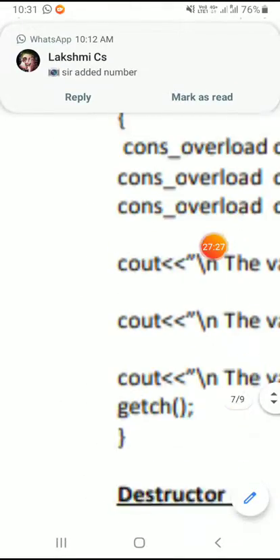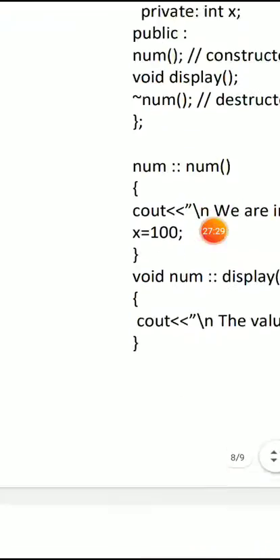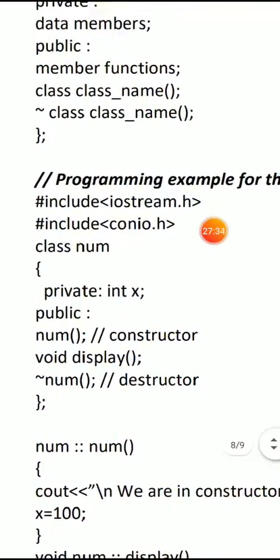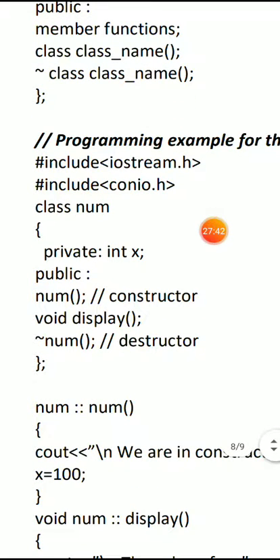Now the programming example for the destructor is as given below. You can refer to that. See here, two header files are there, iostream and conio.h, then class num, with int x. x is a private data member, num is a constructor, display is a member function, and the tilde sign followed by num is a destructor.